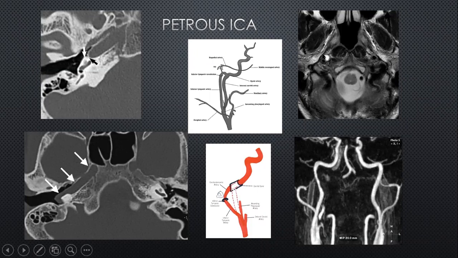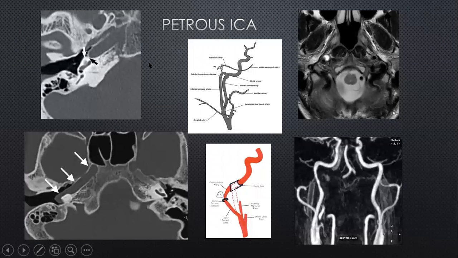And just to highlight an example of a dissection in the same patient on the right side, this high signal is intramural hemorrhage within the wall of the artery, which has resulted in dissection. And this is a contrast enhanced MRA of the same patient. Here you can see the carotid artery with the lumen nicely, elegantly shown. But over here you can see the narrowing within the artery with the irregularity within the caliber caused by the intramural hematoma or the dissection.